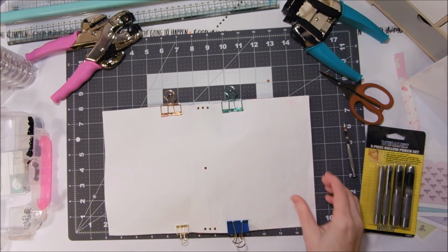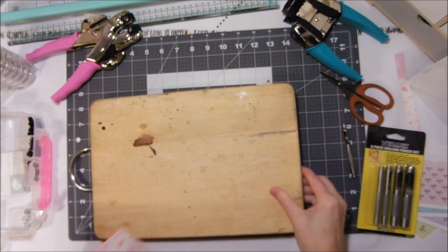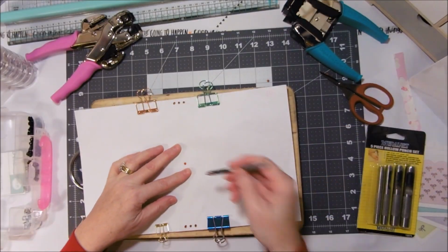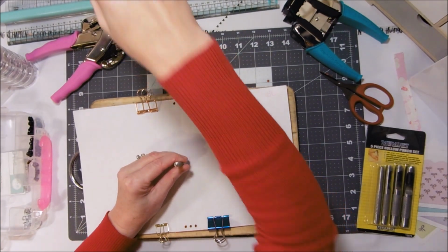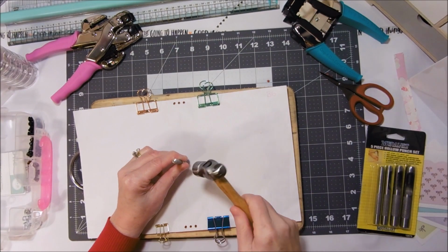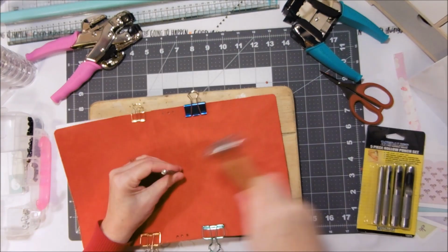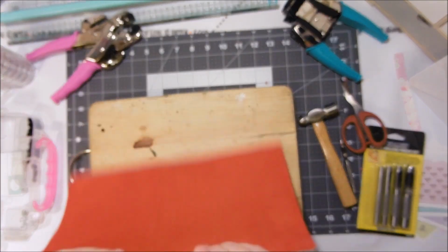So what you need to do is you need a hard surface, as you need to hammer this. To use this we just place the hollow leather punch on the hole in the template, and that is the centre. That is the centre of the Traveller's Notebook cover. Once you've made your holes, you can take the clips off,